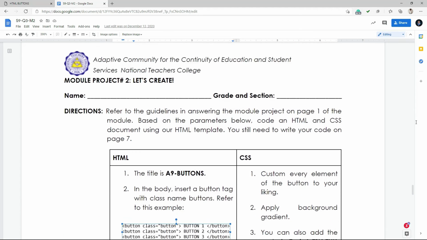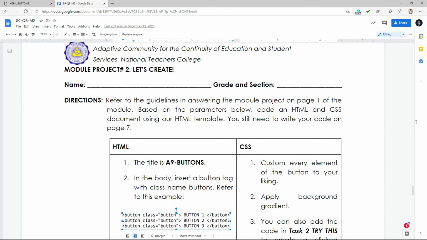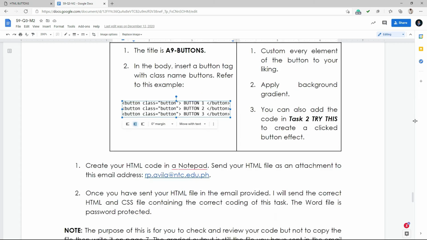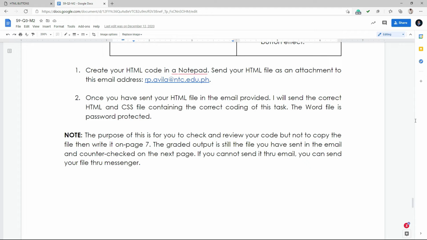And the purpose of this, again, is not for you to copy the code, but also to remember and review the code. So the graded output is still on the file that you have sent on the email. Okay, so that is for the module project for